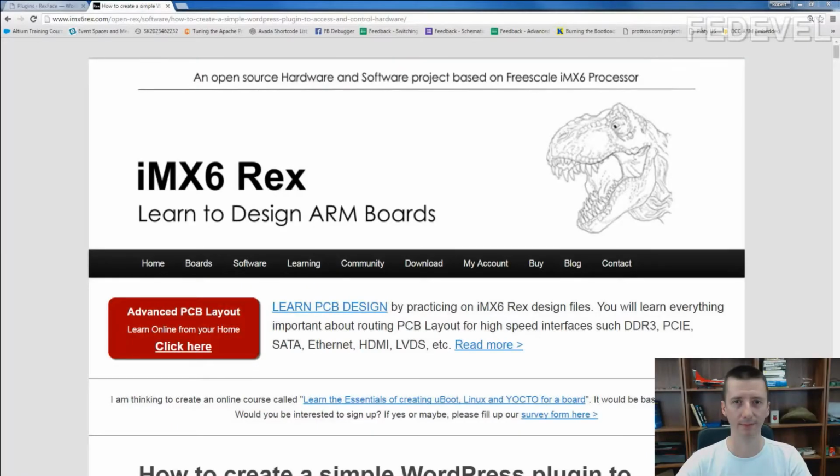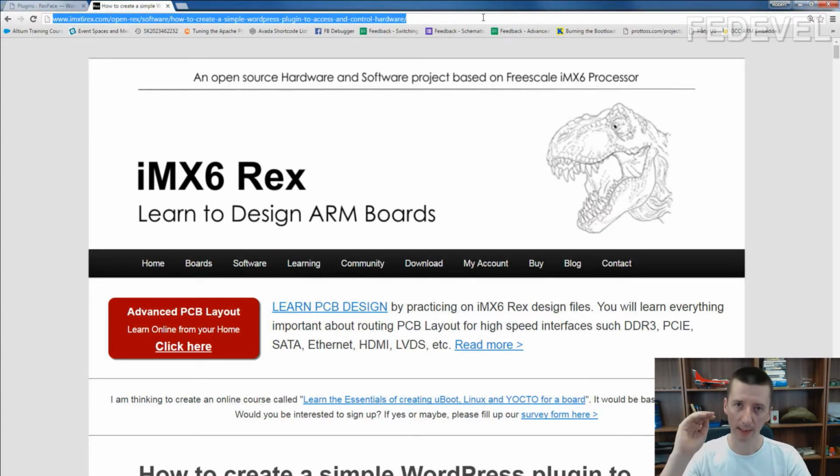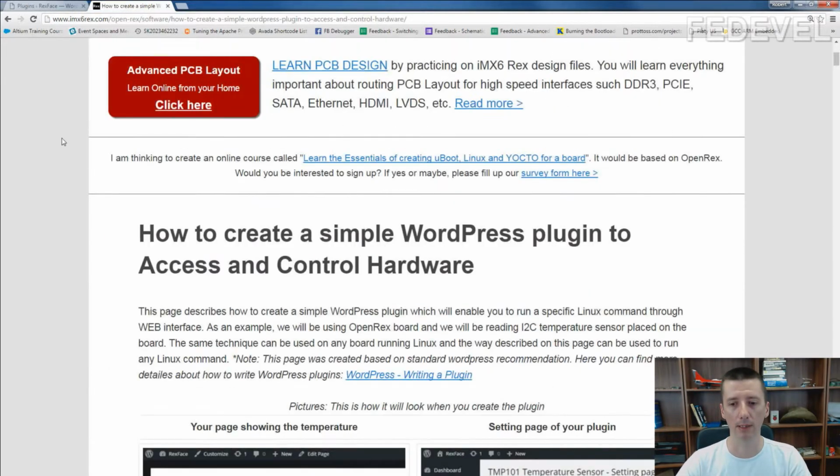For this demonstration, I will be using our open source board, which is called OpenRex, but you can use any board which can run Linux, for example Raspberry Pi. You need to have a web server and WordPress installed on it. To make it simple for you, I have created a web page at this address where you can find all the steps we are going to do. I scroll down